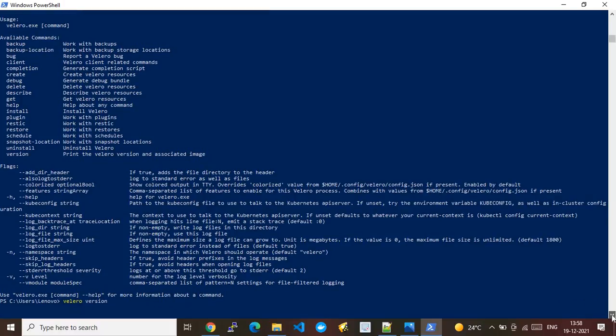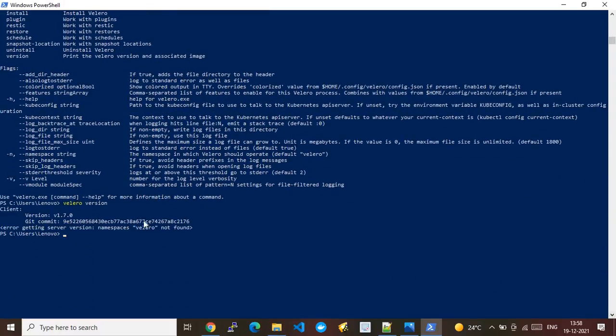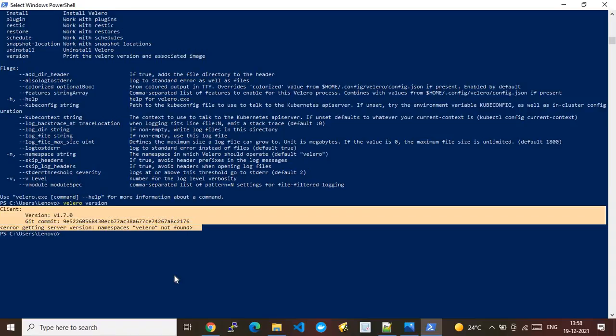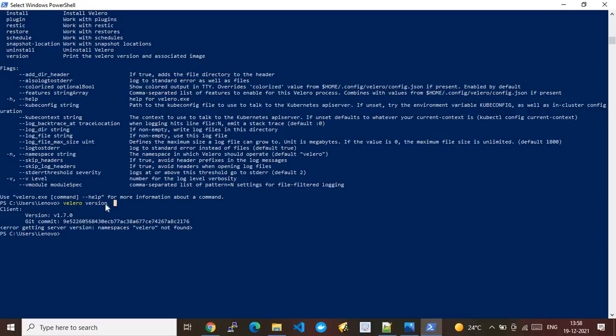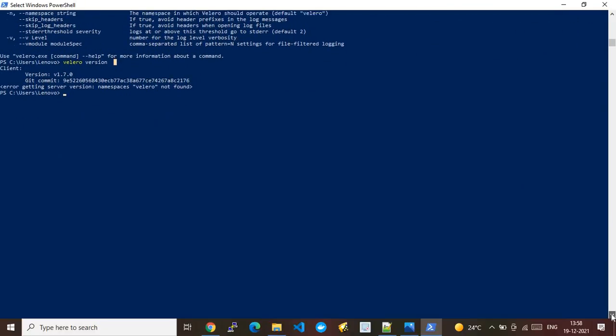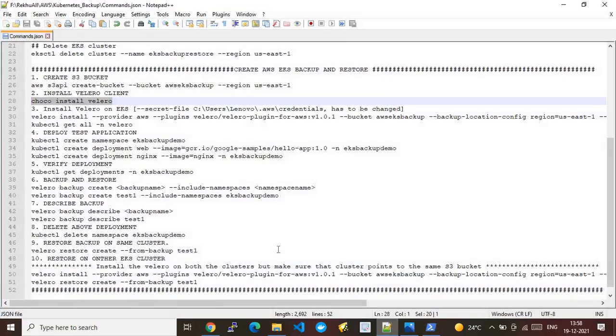If your system is installed with Velero, you should see output something like this. That is what I mean. Till now we did some exercise, right? We checked with velero --version, and that was the wrong syntax, which was throwing the error. But the right syntax is velero version, and eventually it is reporting something, meaning the client is working on the system. Now we go to the next command.